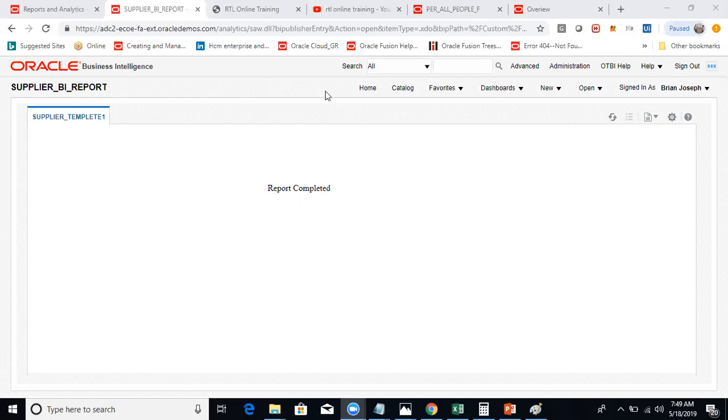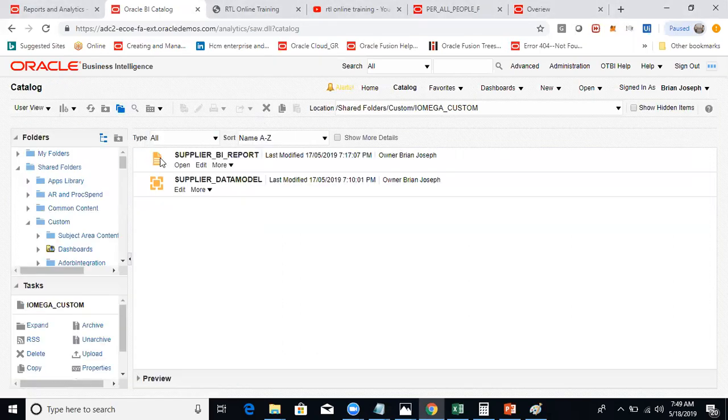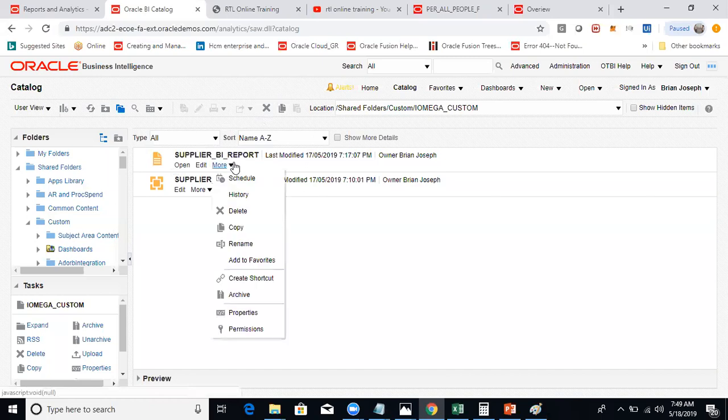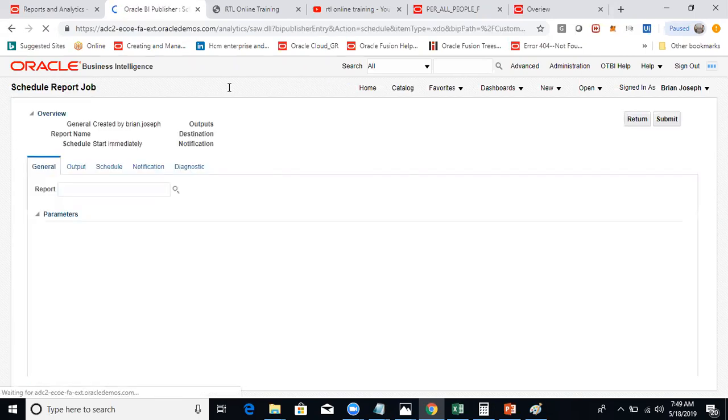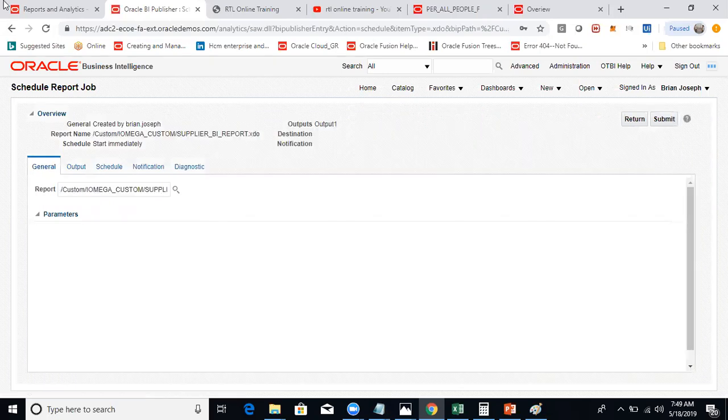Okay, so if you want to run the report, generally whenever we go to catalog, in catalog we can see the report here. Directly we'll go to open. And if we want to schedule this particular report, we can go for the schedule option. Whenever we go for scheduling these options,